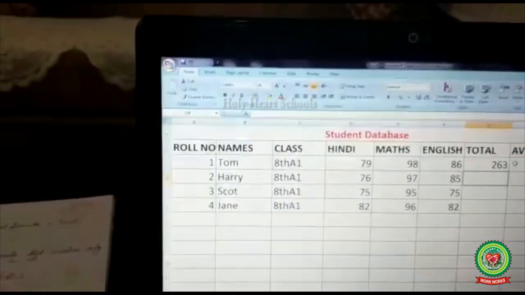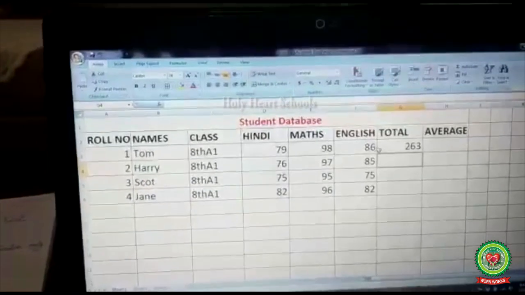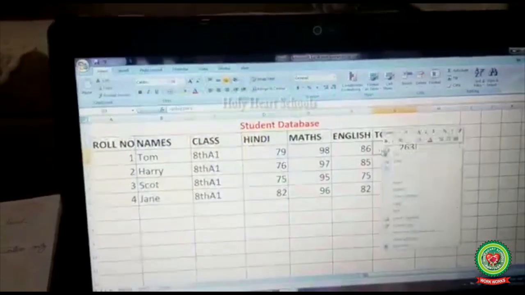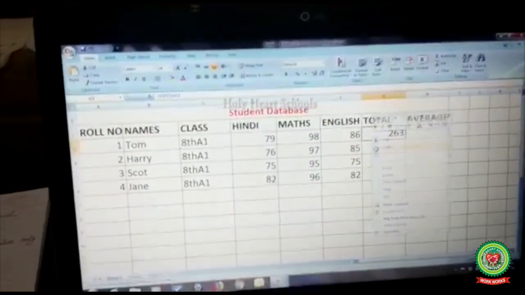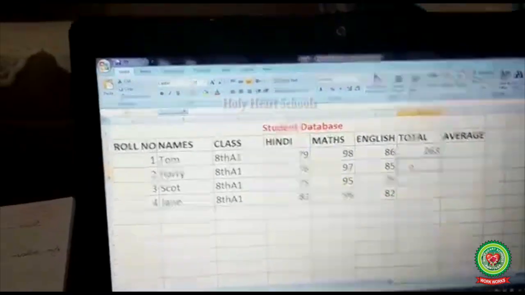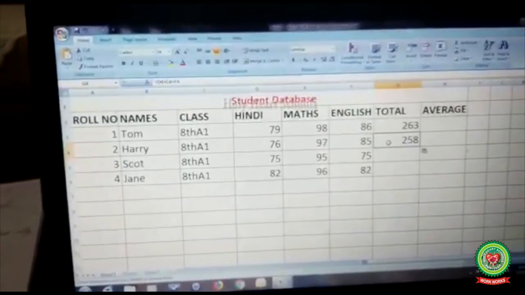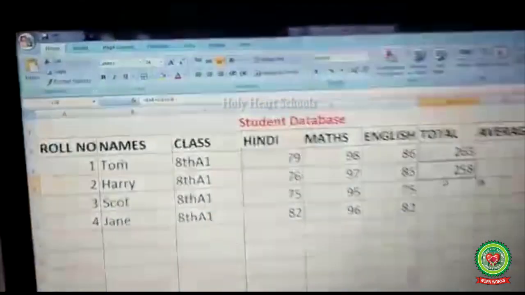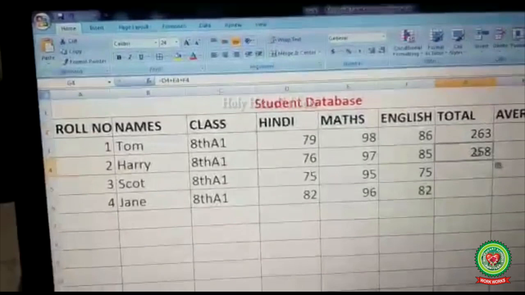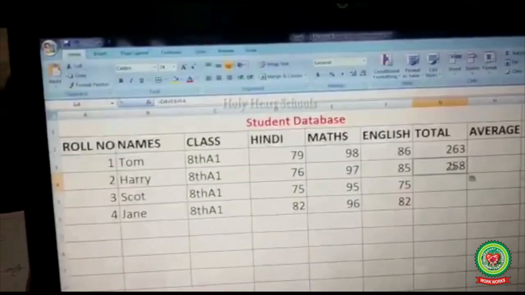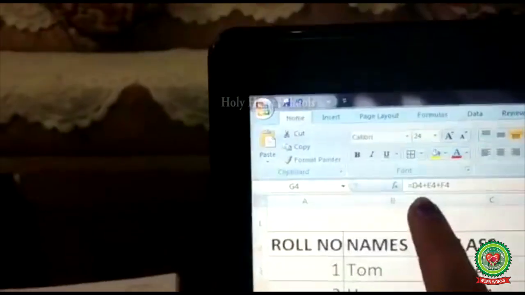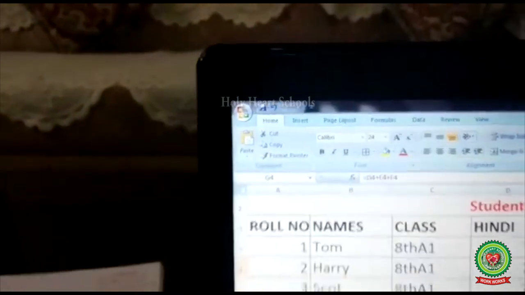Now I want to copy it. To copy it, I can right click on it. I will copy it. I can paste it at another cell by right clicking or by pressing the Ctrl+V keyboard shortcut. It means this formula is passed to the next cell by using the cell references. Here it becomes D4, E4 and F4.